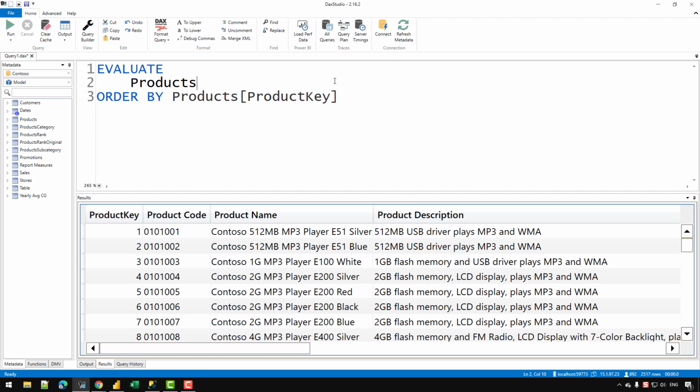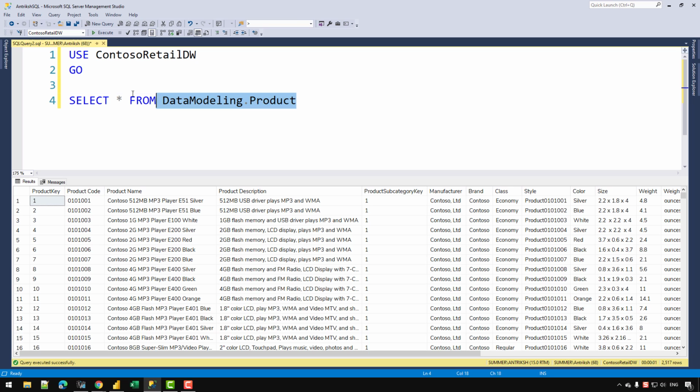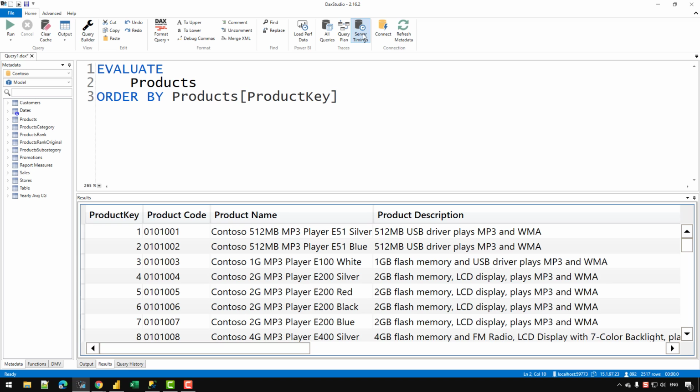And to show that the code we are writing, EVALUATE Products, is similar to the code we have written in T-SQL, let's go to the Server Timings tab and turn that on, and it will open another pane in the bottom row.